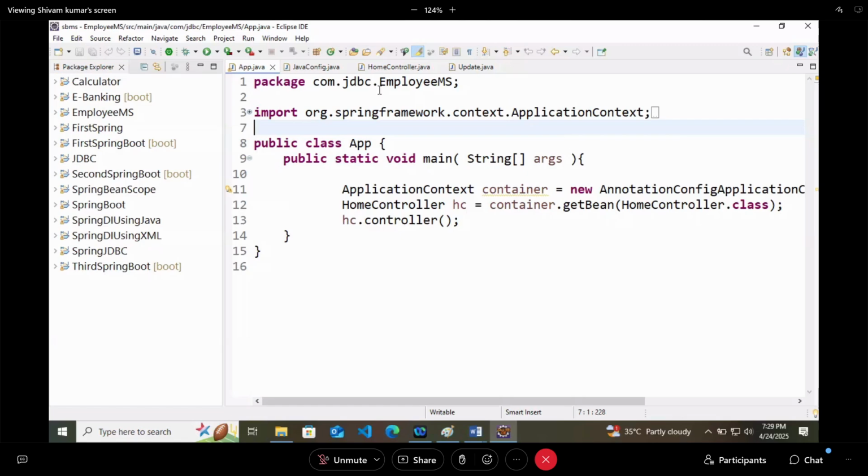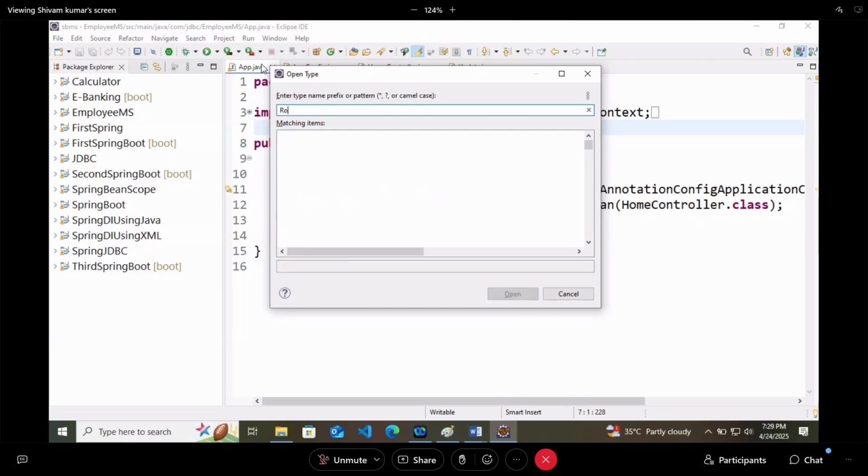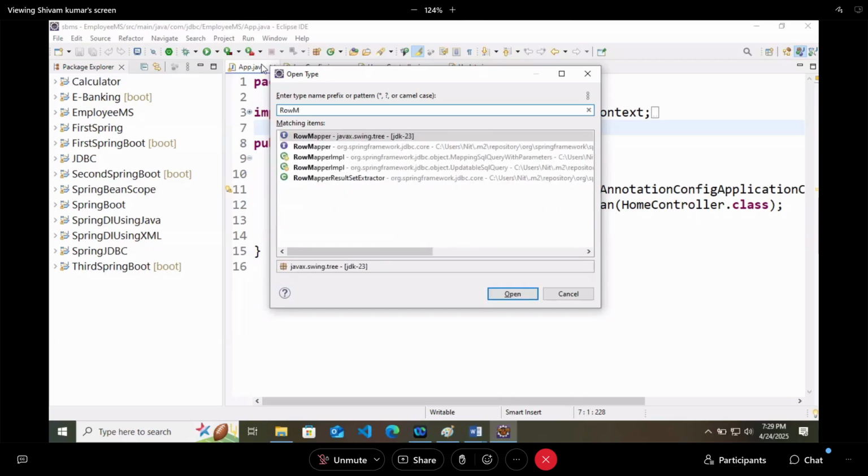So we are talking about row mapper. I already told you that here you can check classes or the things written by the developers. So this is the row mapper.